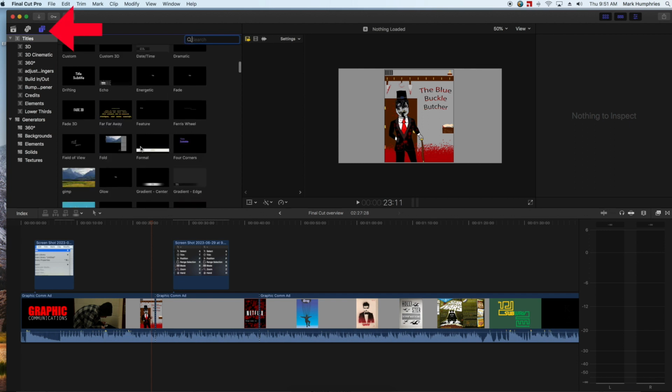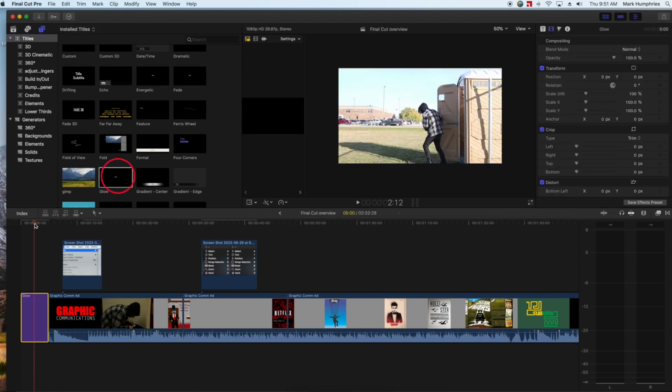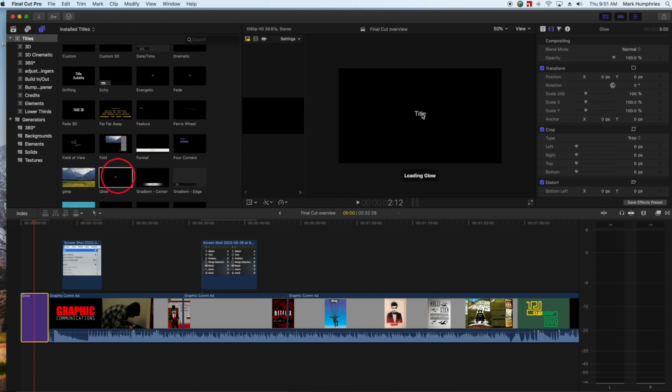To add credits to your project, click on the letter T in the top left corner, and you will see a bunch of different options that will come up. I recommend not using the 3D options because they tend to overwhelm the computer. They're more difficult to use. Just keep basic credits, select the one you want, and drag it either before a clip or on top of